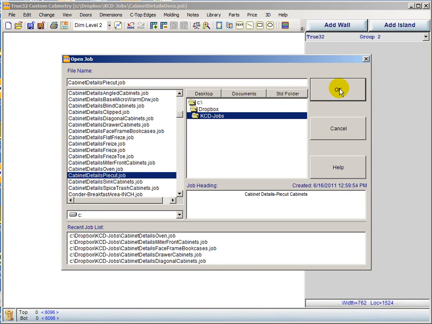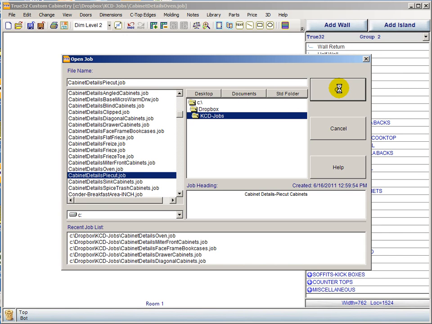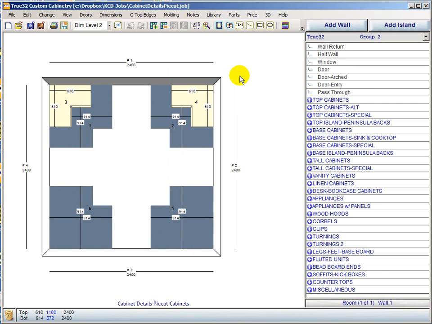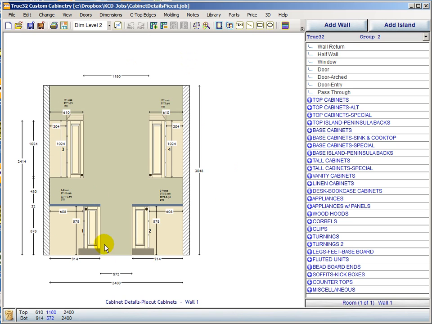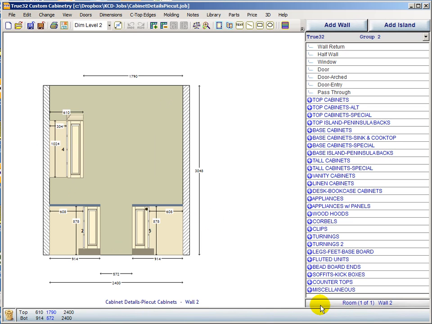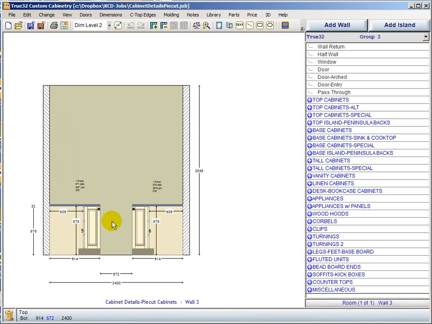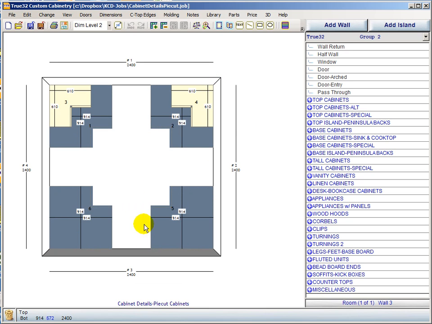And now we're to our pie cut cabinets, and none of these other groupings are really that relevant, but this one is. So here we've got pie cut upper, pie cut upper, pie cut base, pie cut base, pie cut base, pie cut base. This first wall of pie cut bases is the 2-piece here, and this second wall is the 1-piece. Now on the screen they look the same from above, and however you look at them, they all look the same, but this is actually a cabinet that runs from here back to there with an end panel here and an end panel here,